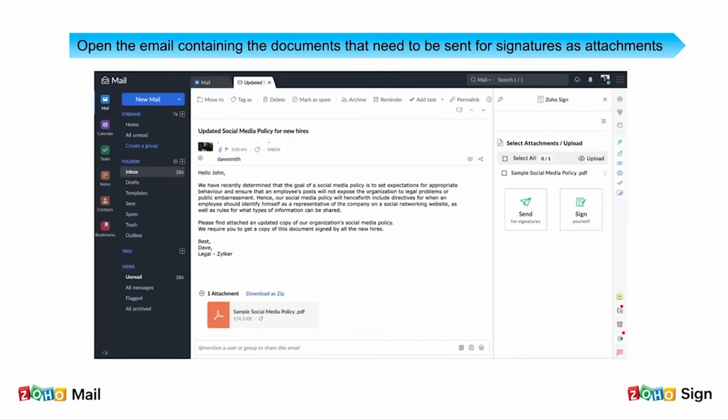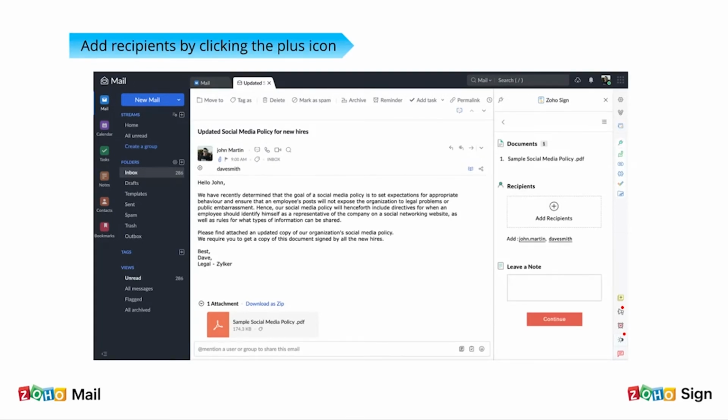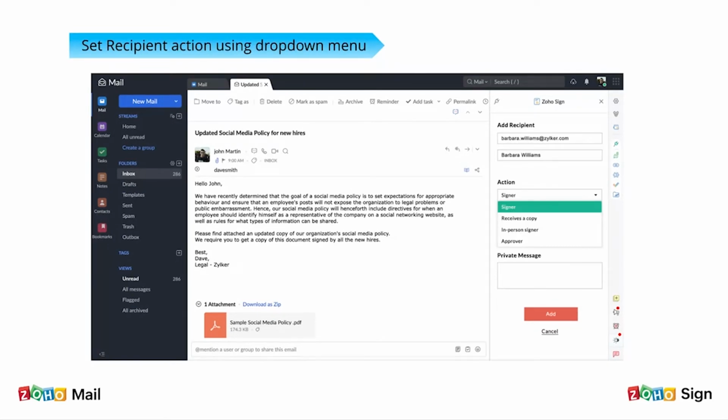So just select the attachments that need to be sent out for signature and click send for signatures. As you can see, you can add the recipients by just clicking the plus icon, and then you have to enter the recipient name as well as email address. Once you have added your recipients, you can just set the recipient action using the drop down